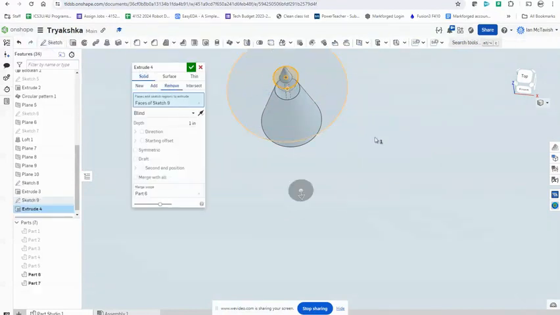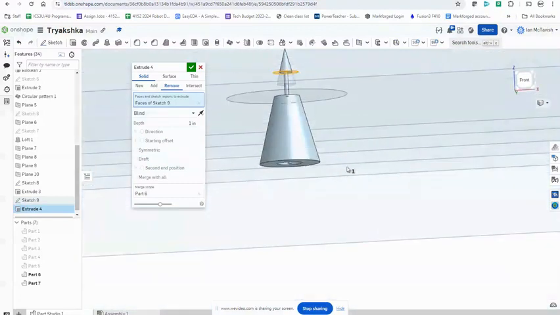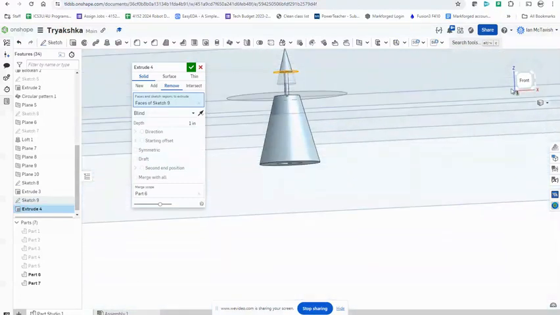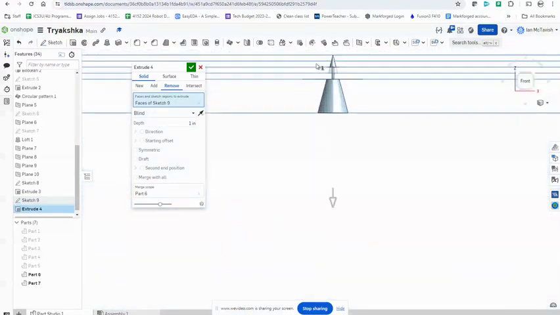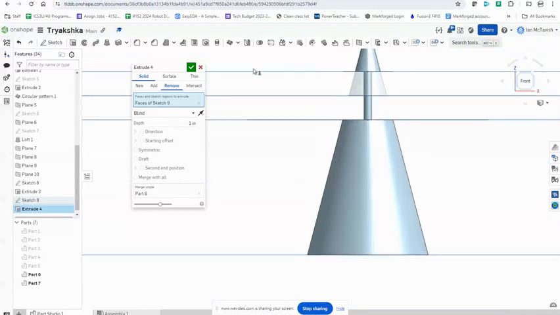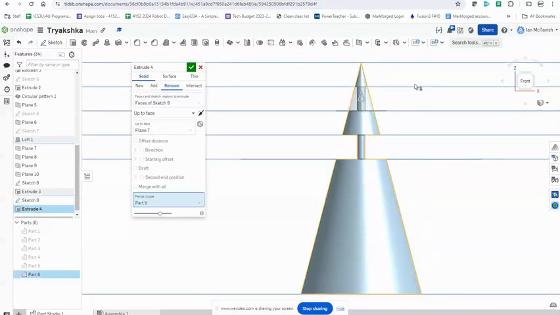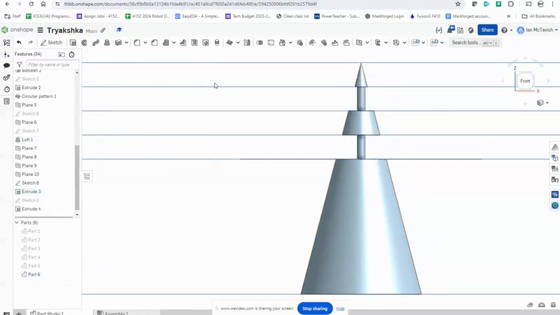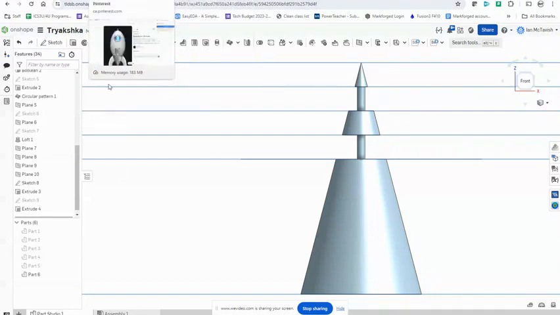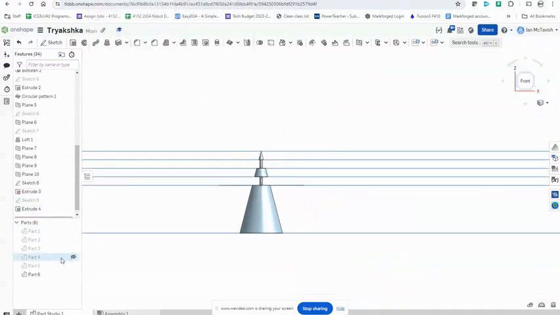I'm going to extrude remove. And up to face. Go that way to that face. But that's the basic idea. I can just pull those parts out and do that. So now that I've got that,